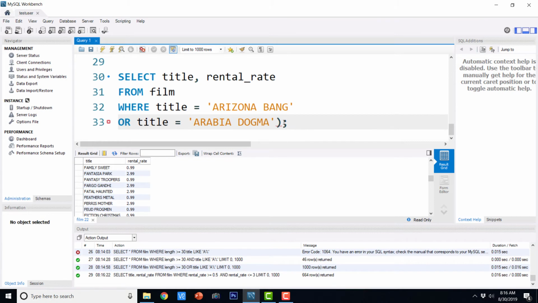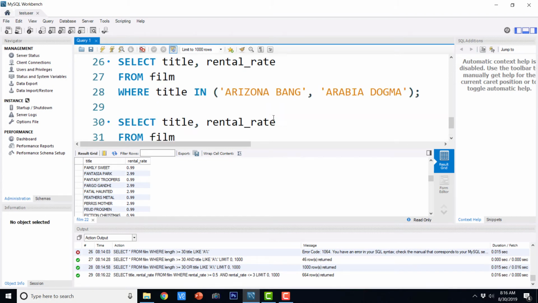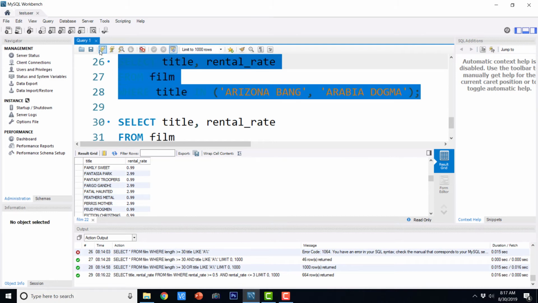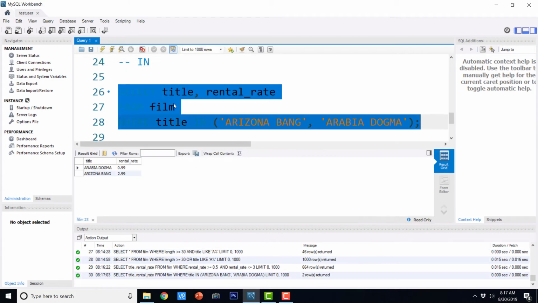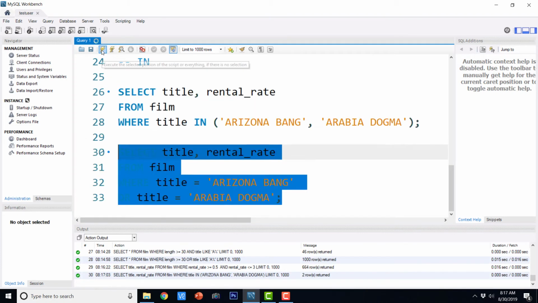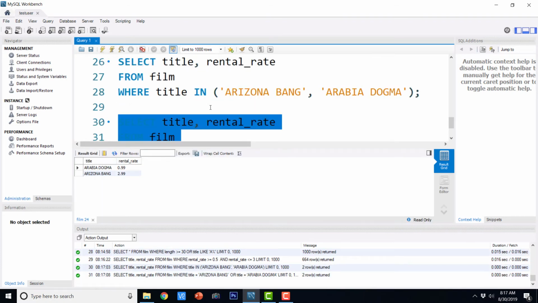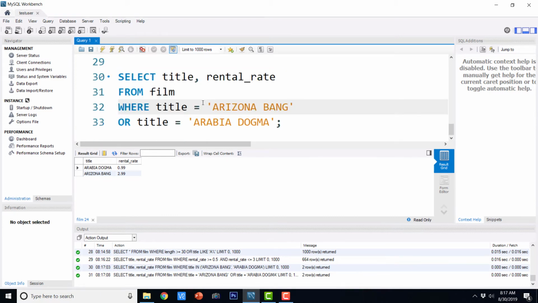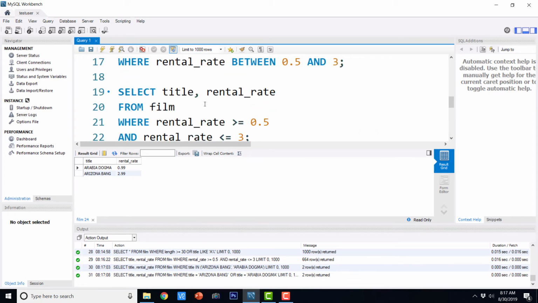So let's run our original query first and then we can run the modified query. So this is our original query, it returns us 2 rows, and this is our modified query, this returns us 2 rows. So this is how we can rewrite our queries with and or logical operations.